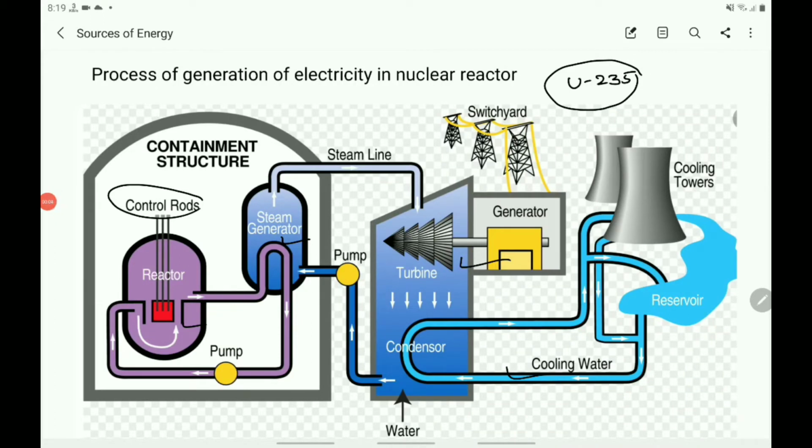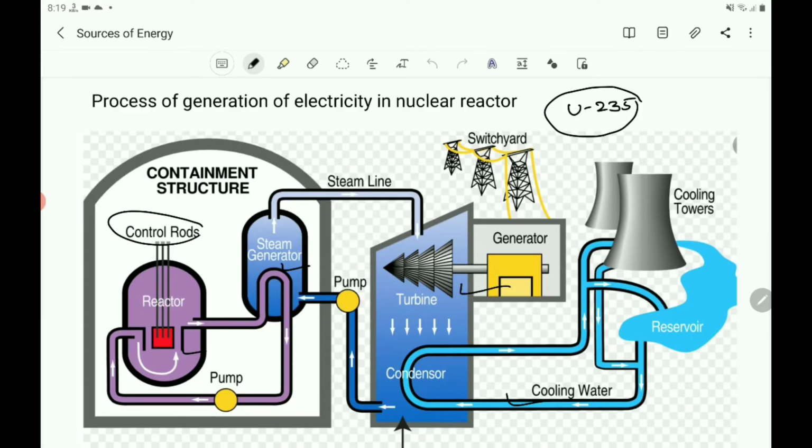To slow down the speed of the neutrons, we use the moderator, and to decrease the number of neutrons available for the fission reaction, we have to use the control rods. The commonly used moderator in the nuclear reactor is graphite. When the high-speed neutrons collide with the moderator, they lose some of their kinetic energy and get slowed down. It is compulsory to slow down the speed of neutrons produced because fast-moving neutrons cannot cause fission of uranium-235 effectively.